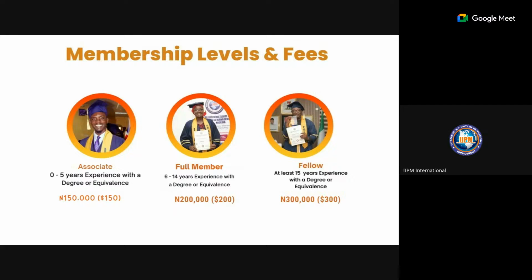Now, if you're paying 150,000 as a new member, you don't need to pay for the conference and you don't need to pay for the certificate. It will all be added to you. So instead of paying maybe 115,000 and then coming back sometime in the future to become a member and paying the full cost, you can just pay for your membership. So if you do 150 minus 115, that tells you the discount you're already enjoying on your membership. And then you do that for 200 and you do that for 300. That tells you already what you're getting.